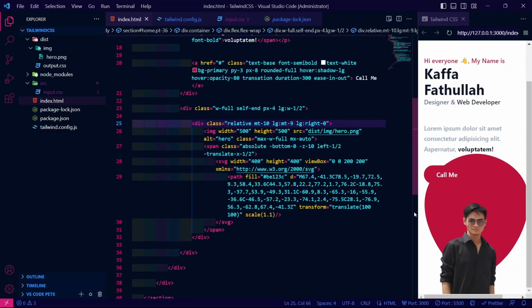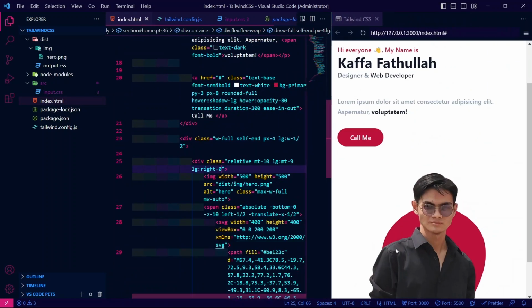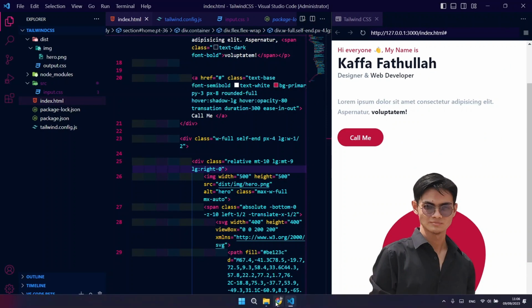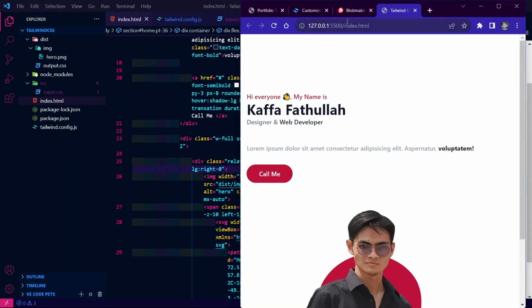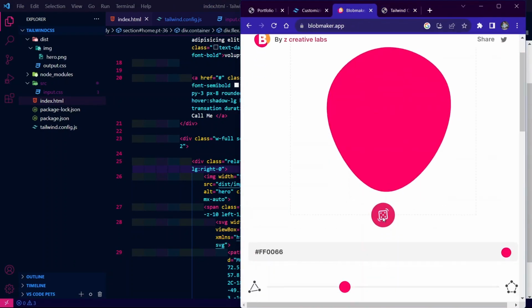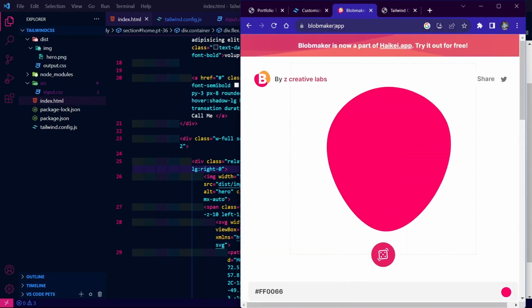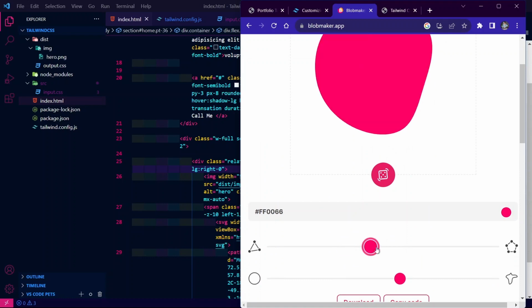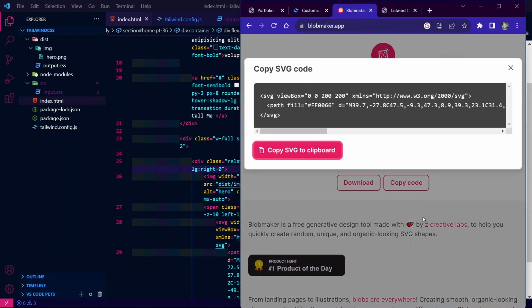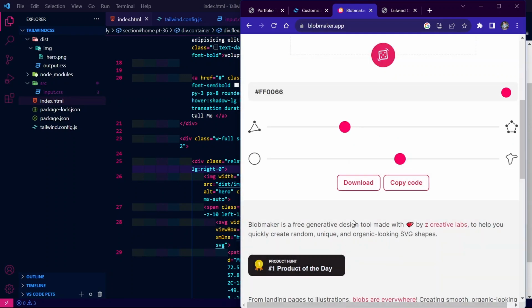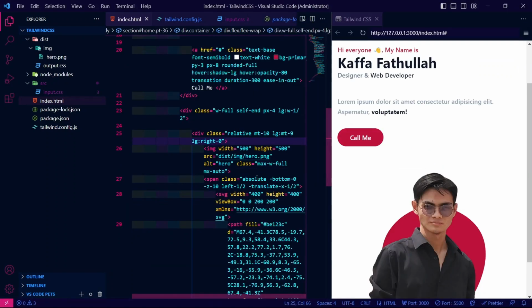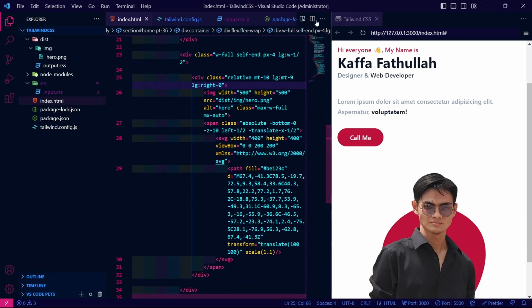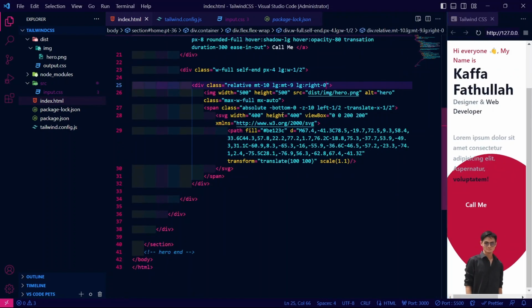And then for this blob, this graphic behind me, behind this picture, is called a blob. So you can make it right here at blobmaker.app, and then choose it whenever you want, and then copy the code, copy SVG to the clipboard, and then you're gonna make sure to paste it